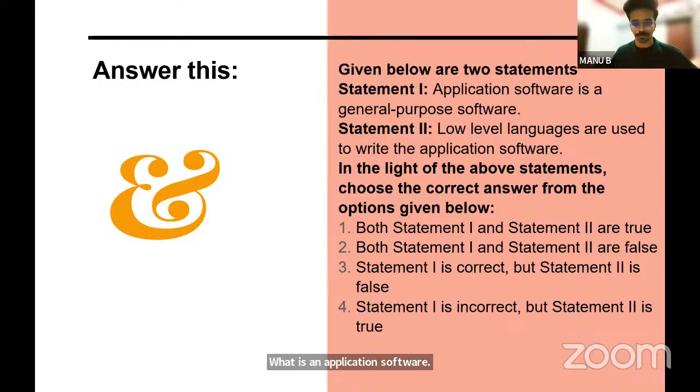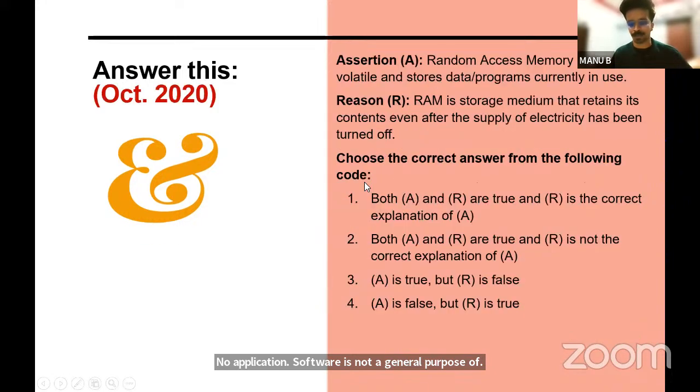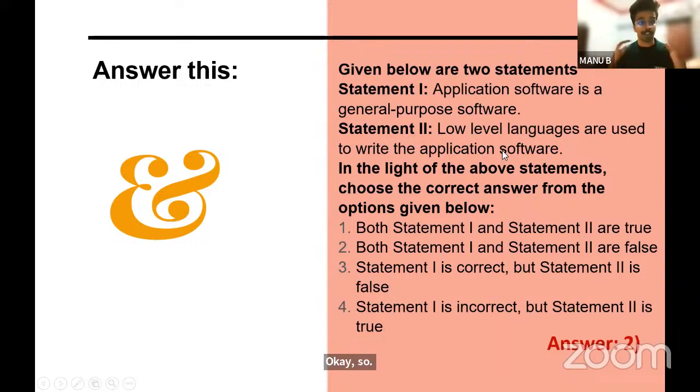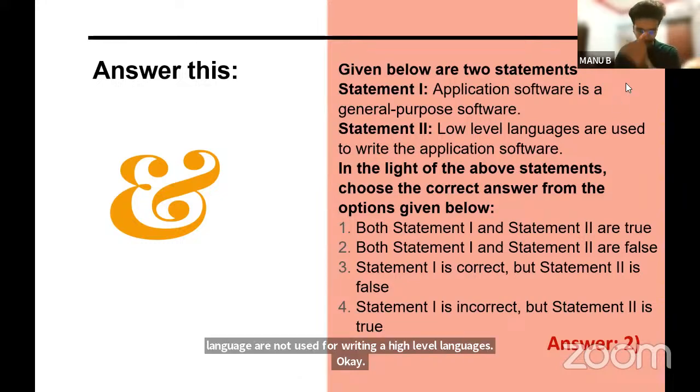No, application software is not a general purpose software. It's a specific purpose software. Okay, so low level languages are not used for writing high level languages. So option 2 is the answer, where both statements are